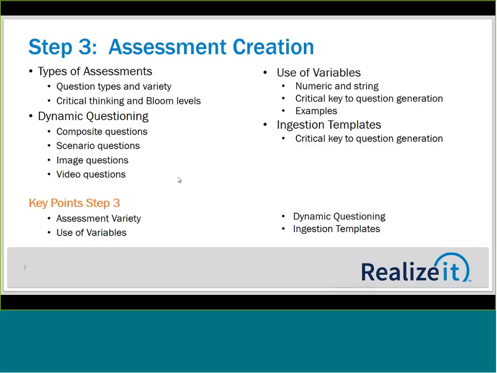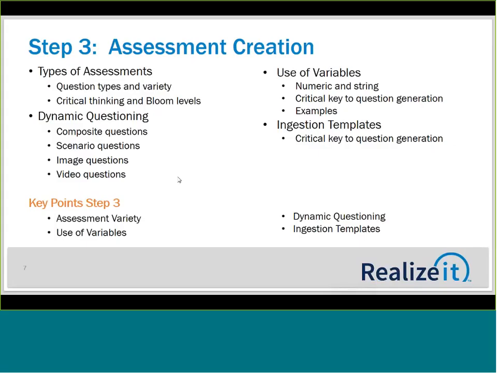The other thing is ingestion templates. I said ingestion with content. It's critically important for you to be able to ingest questions. So what we do is we have Word templates, which I'm happy to share with you. We have Word templates that the faculty fill out. They send it back to us. We run it through authentication, we run it through the editing, and when it's done, we simply ingest it into the Learning Analytic Engine or the Adaptive Learning Tool, and it literally takes under 15 seconds to put those questions in using an ingestion template. So really critical, the use of variables and the use of ingestion in the assessment